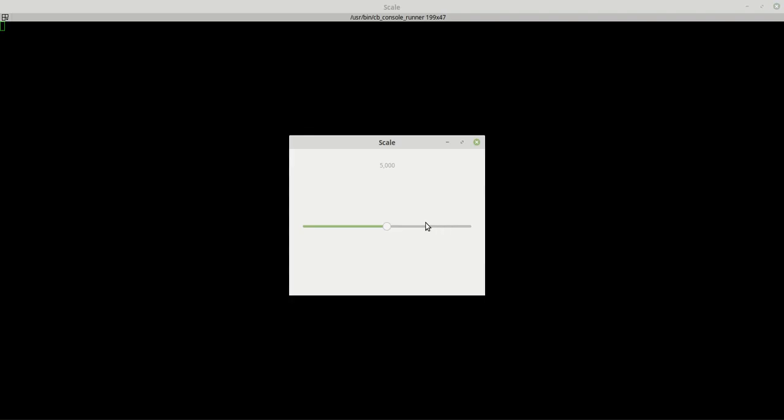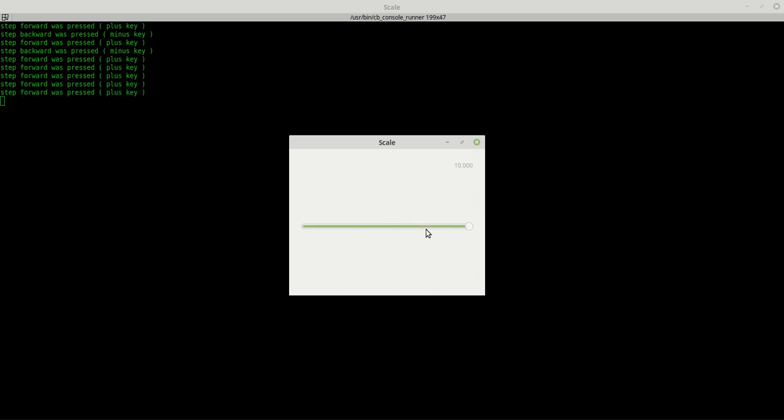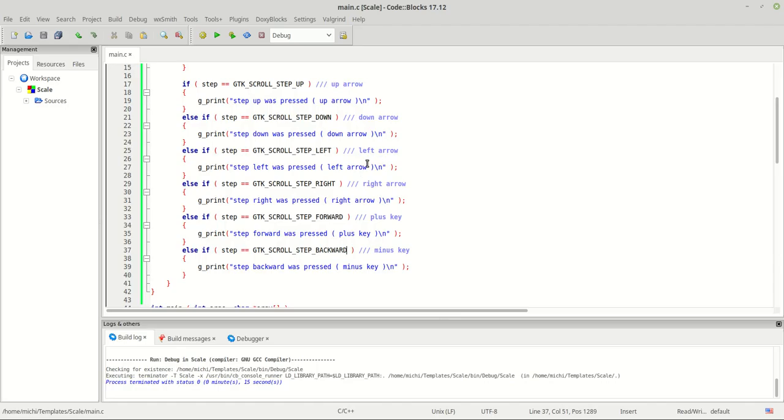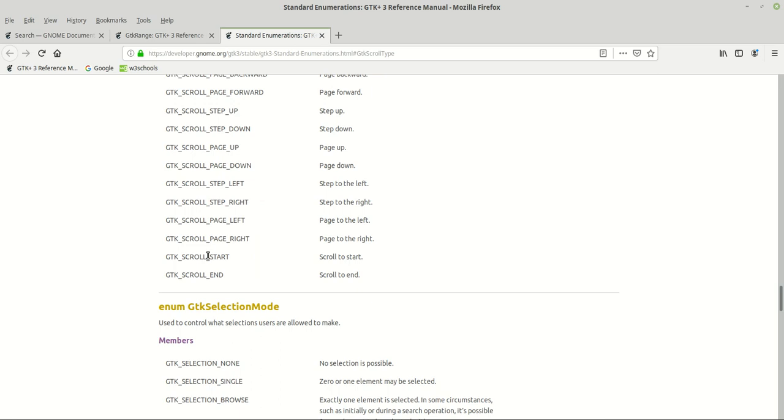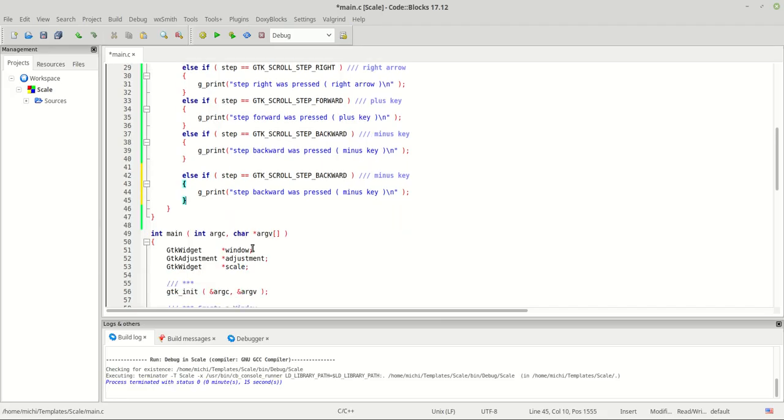Now I'm going to run it, and now I hit the minus and the plus from my keyboard, and it says step forward was pressed. This means the plus key and minus key, plus key, plus key, minus key. Okay, it works fine. So basically this is the way how you get it. Of course we are not going to go through all of them, but if you want to jump to start and end, then you go to scroll start right here, and I'm going to say if the step is equal with scroll start, which is the home key on my keyboard, then we are going to say